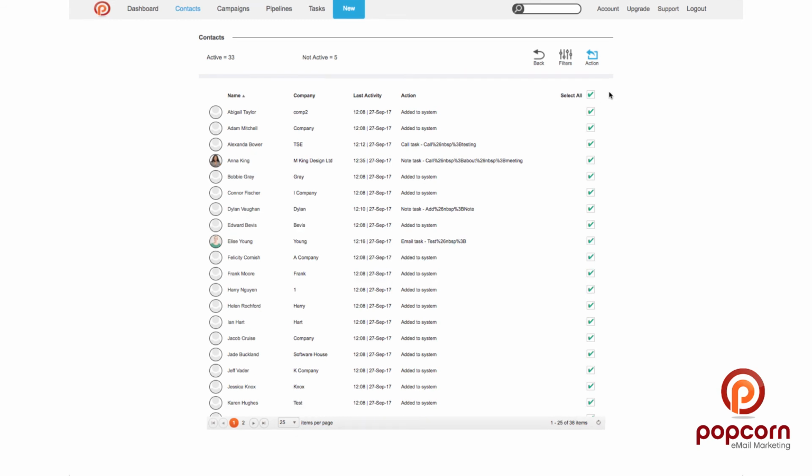Okay, so there's a quick overview of how Popcorn works and all the things you can do within it. I'll be producing more how-to videos on the specific sections, with more detail appearing soon, but in the meantime,